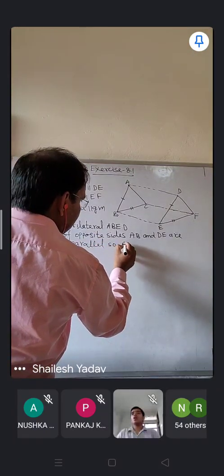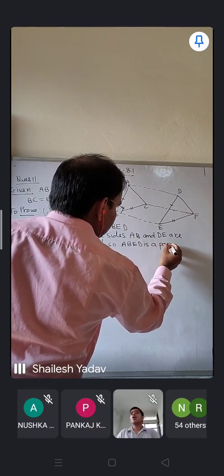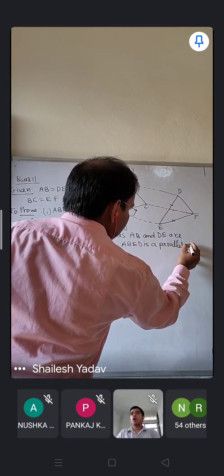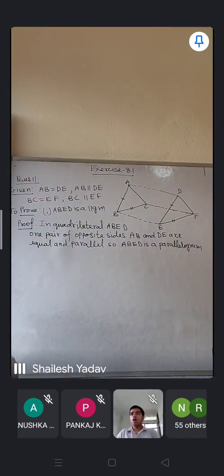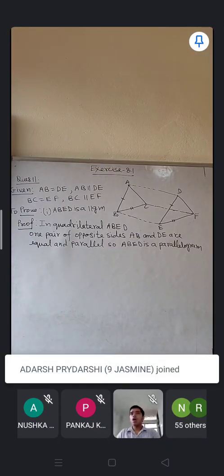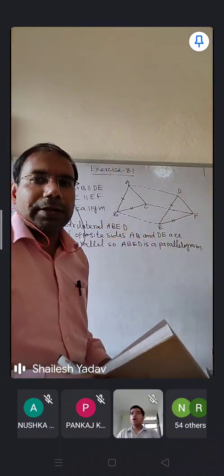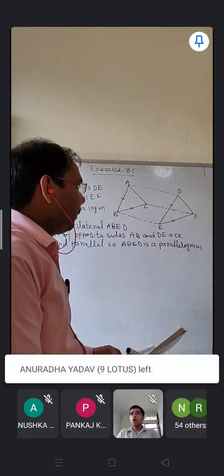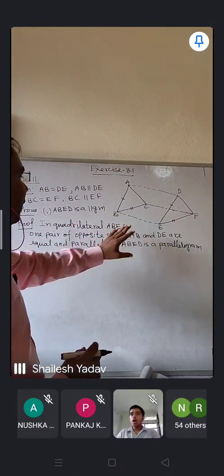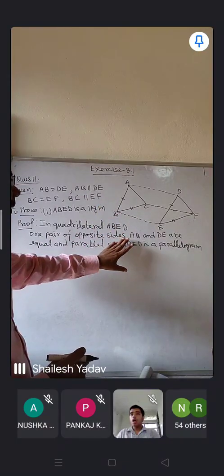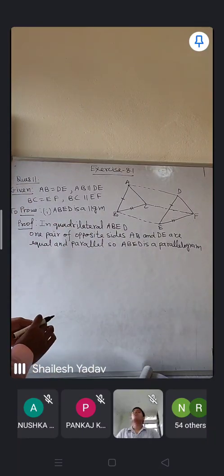So ABED is a parallelogram. You had given the reason. Here you are not supposed to give some extra statement. Only you need to write that there is a theorem in which it is given that if in a quadrilateral one pair of opposite sides is equal and parallel, then it will be a parallelogram. According to that theorem, it is the proof of the first part.